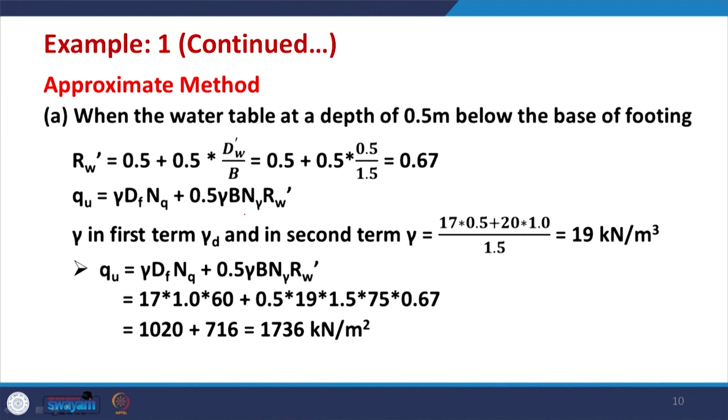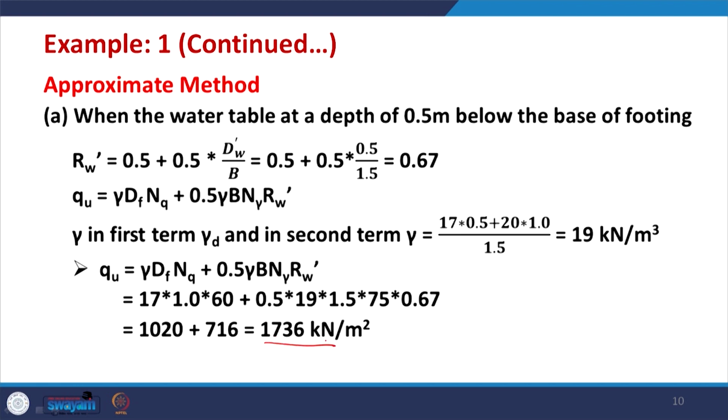For example, the water table in this case was 0.5 meter below the base of the footing. So, up to there, where the water table is not present, you have the dry unit weight. So, 17 into 0.5, plus the saturated unit weight, 20 into 1.5. So, this gamma needs to be taken as 19 in this case,